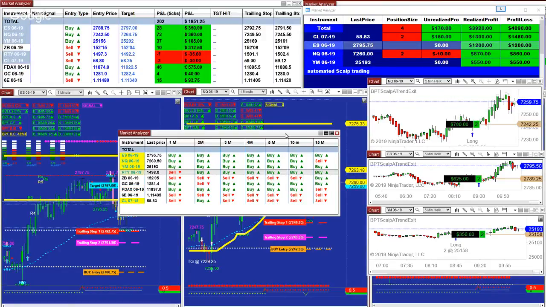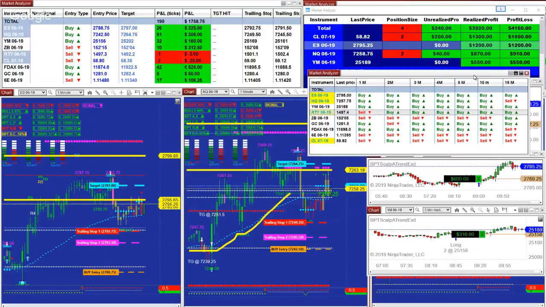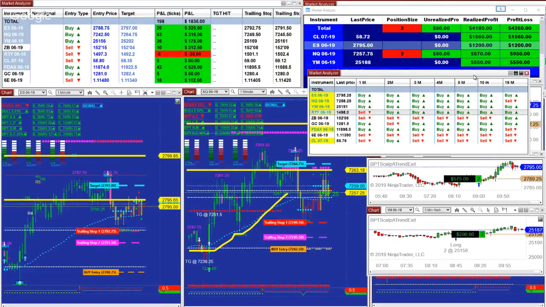I put the 1 minute, 2 minutes, 3 minutes for the ones who just came in late, and 5 minutes and 10 minutes. If you need a second opinion, this is your second opinion right there, where we are waiting on a short signal. We're done with the long signal on the ES, Nasdaq, Dow Jones, and now we are waiting on the